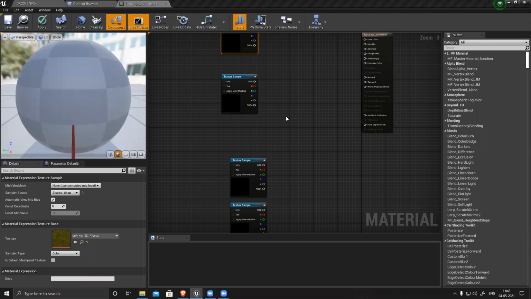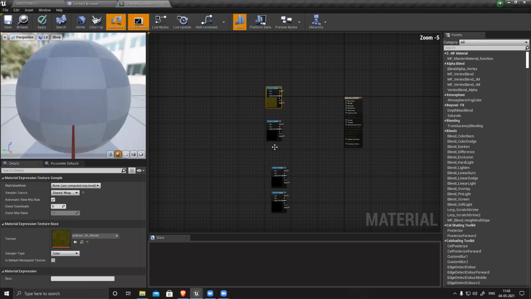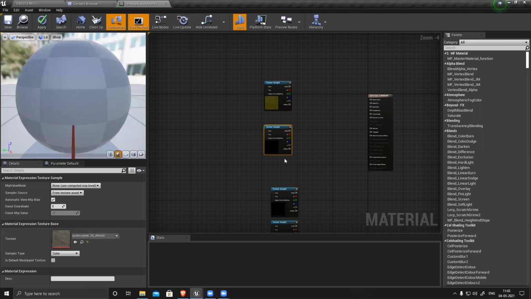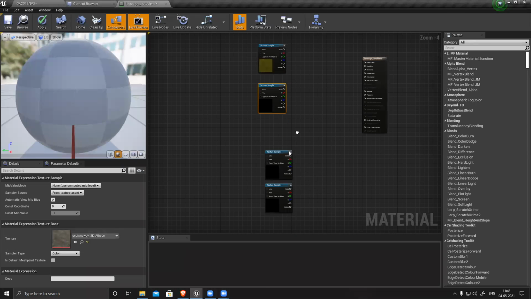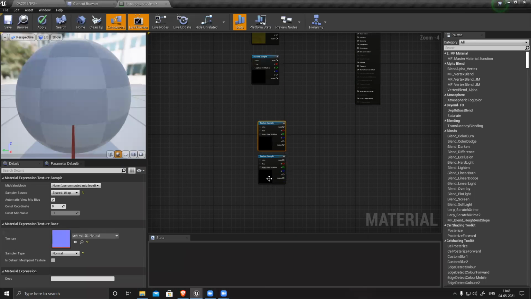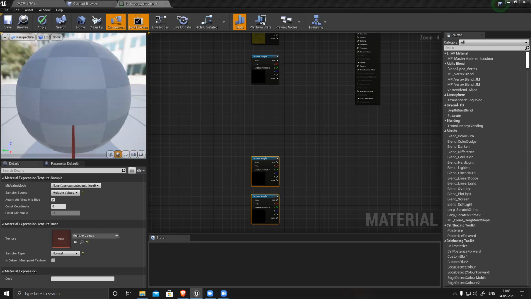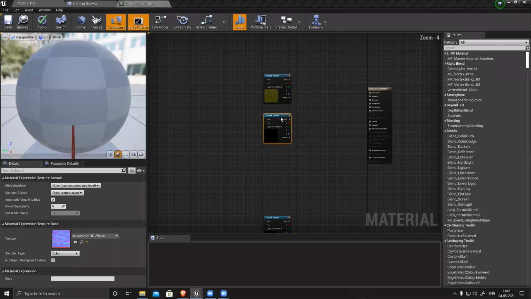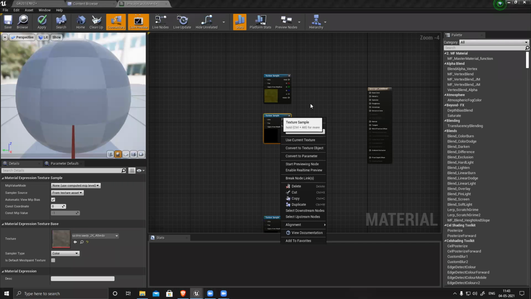Yes, sir. So I have two diffuse textures. One I took is this rocky surface and one is this mossy surface or grass, each with their respective normal. Similarly, I can have, like we do in a landscape material, two or three textures with their diffuse color, normal map, and everything. Then I just copied this here.